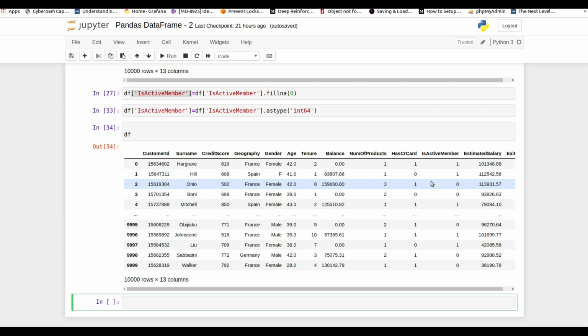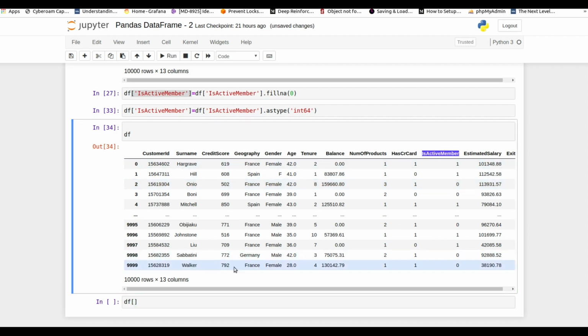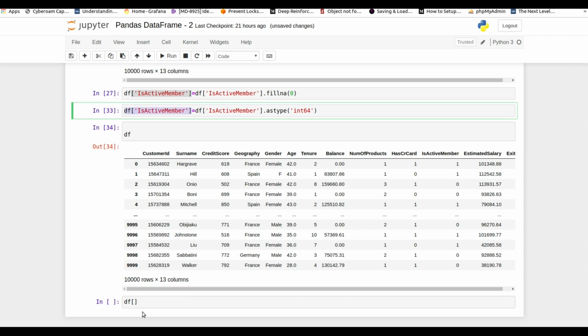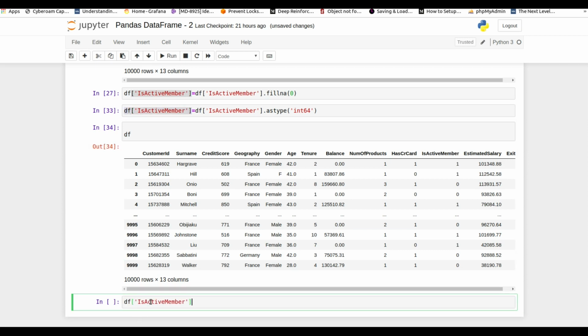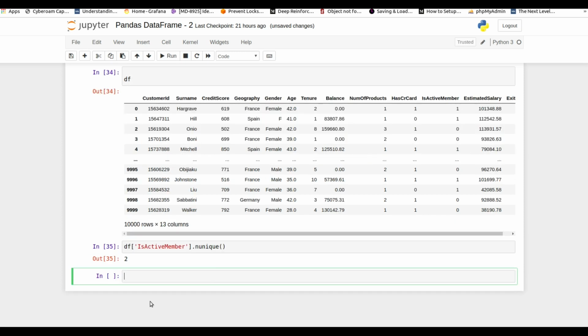Next, I'm going to show you the unique method. This is a method which we use if you want to check how many distinct values are present in our column. If I want to show the different values present in is active member, I will not write it again, just copy the column and use nunique.